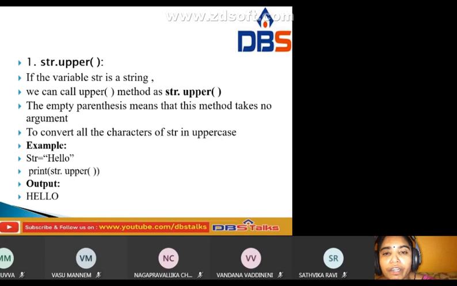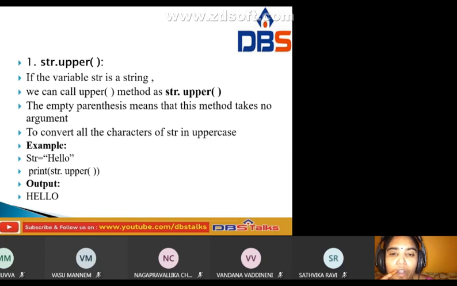It converts all the characters of str to uppercase. For example, take str equal to hello, so we get the string hello. Print str.upper. What is the meaning of upper?